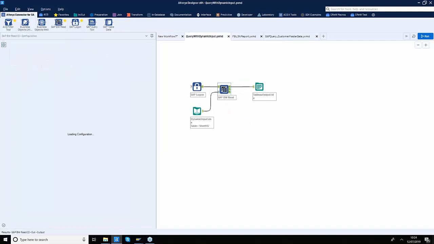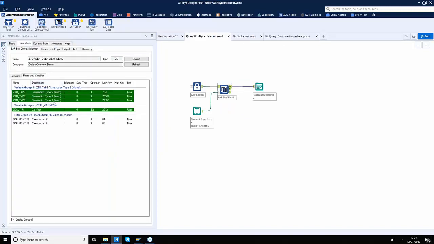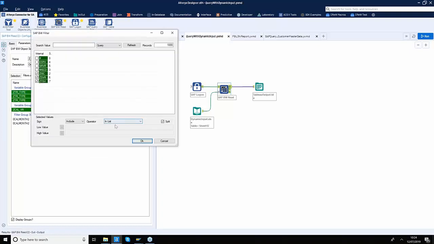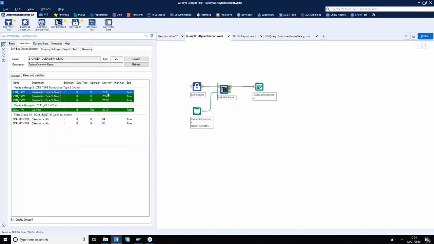So for example, in this case, let's say you had a very large data volume to deal with. Rather than making just a single request for a transaction type greater than hash, as we did in the previous case, what we are doing here is, if you look, we selected InList as my operator, and I said these are the only 3 transaction types that I am really interested in, and I'm going to select this split checkbox here. By doing so, we will now make multiple requests on your behalf to the SAP system. So from your perspective, you are just running a single workflow.